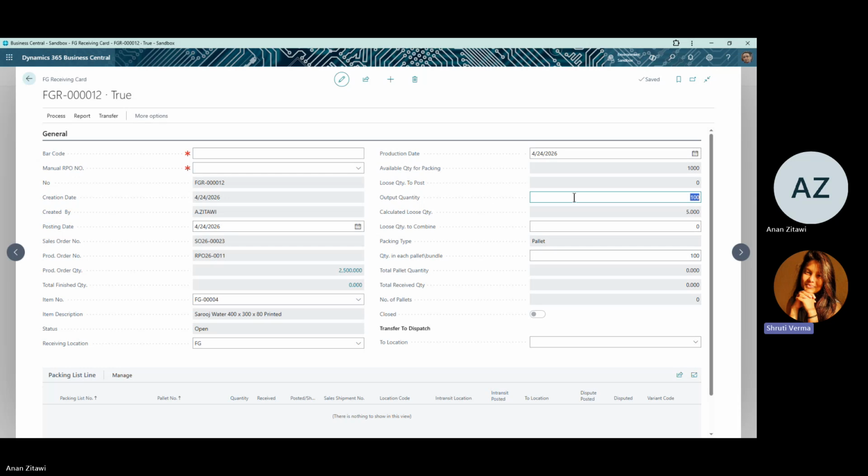Okay, so after production date there is available quantity for packing. Okay, so this is showing 1,000, because in the previous operation of this RPO we have received converting pieces of 1,000. That's why here the available quantity is only 1,000. So now the second step in this FG receiving page is to provide the output quantity,